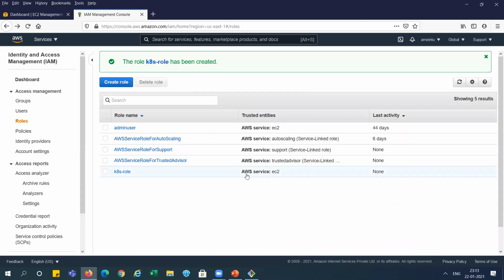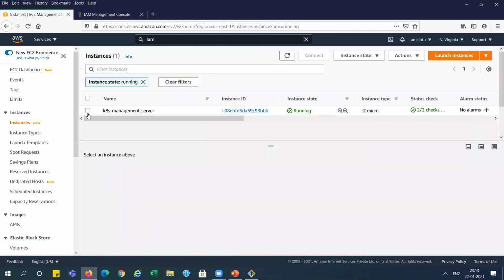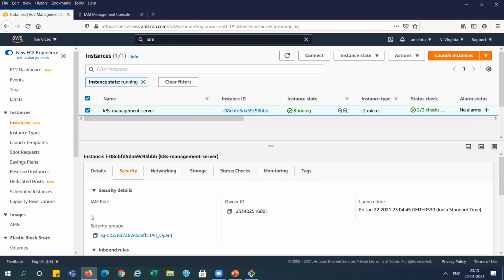You can see this role is created here, right? Now I am going to the EC2 instance. And in security, you can see no IAM role is attached over here, right? So attach this role to the instance.